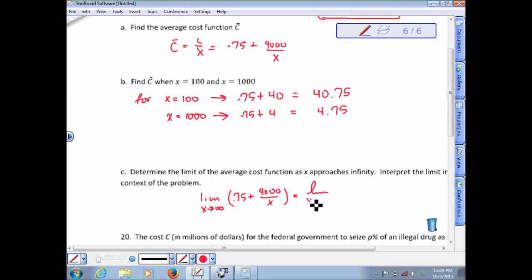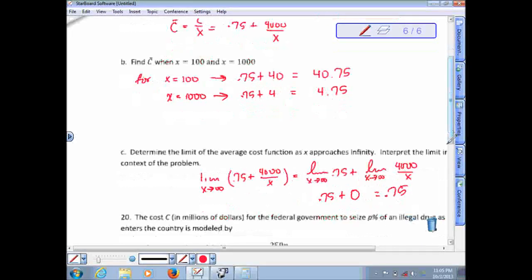This is equal to the limit as x approaches infinity of 0.75 plus the limit of 4,000 over x. Now the limit of a constant is just that constant. And as x continues to get larger and larger, beyond 4,000 to 4 million and 4 trillion, this is going to result in a smaller and smaller fraction. As x approaches infinity, this fraction approaches 0. So the limit is 0. 0.75 plus 0 is